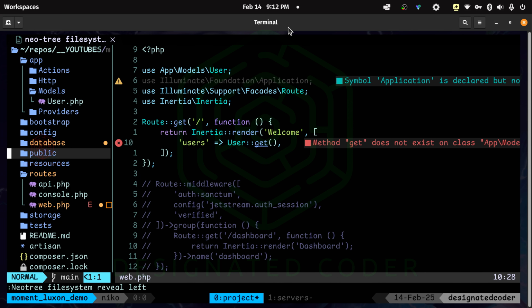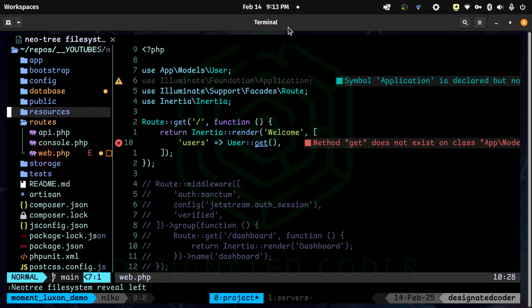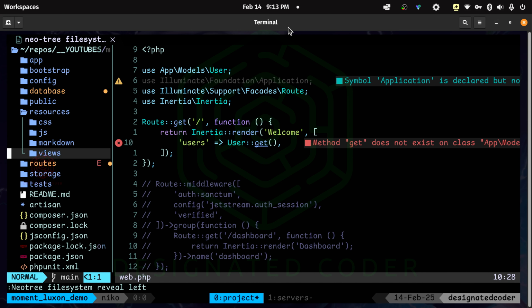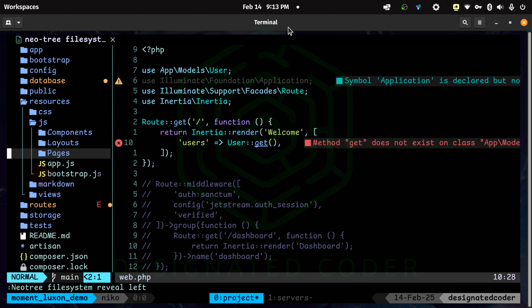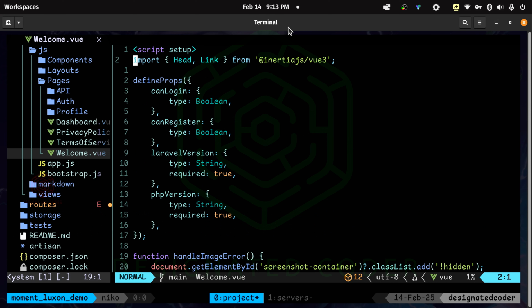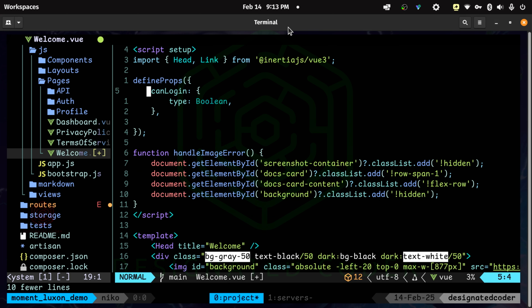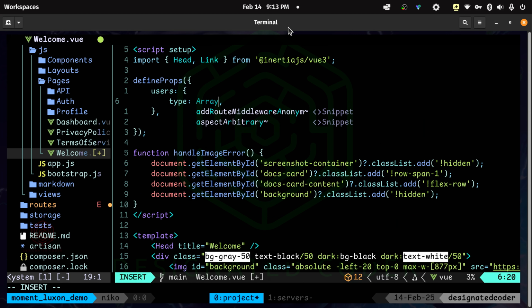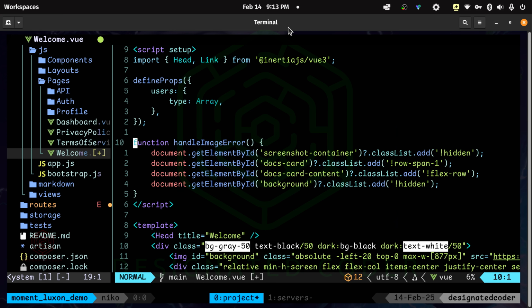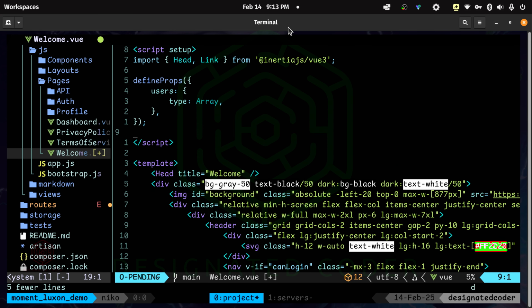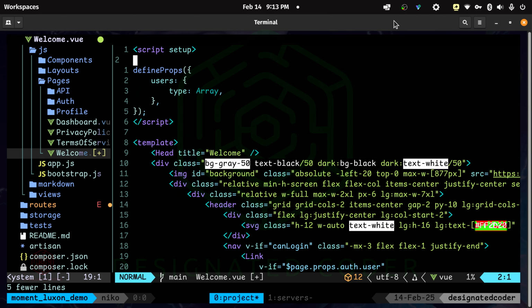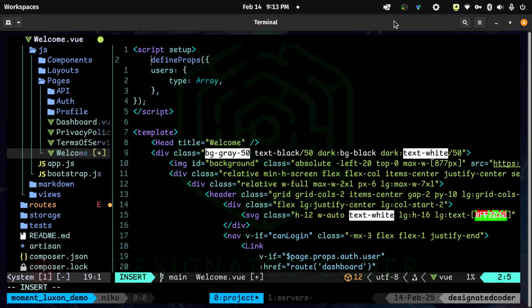So let's go ahead, close this. And for now, we can close the model. And what I want to do here is I just want to make sure that in our welcome view we can see that. I'm going to get rid of all of this. We'll say users, and users is of type array, which means we're not going to need this function. And we can also get rid of this head because we're not going to be needing that. And anything that we need, we can bring in just one at a time.